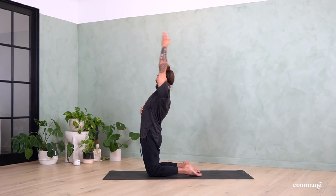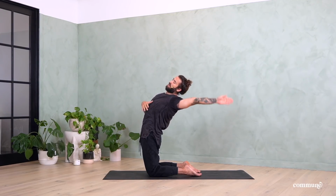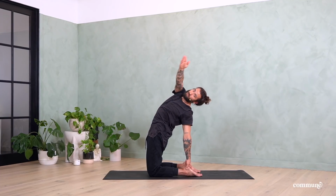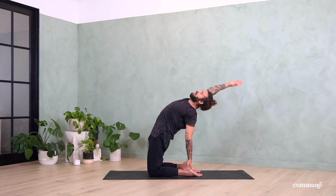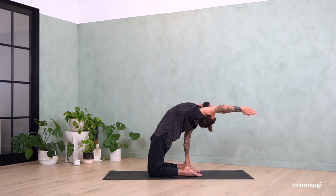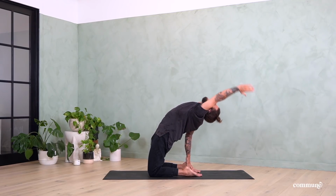Inhale, left arm reaches up and around. Find your left heel. Exhale, hold. Inhale, reach right arm up and around. Let it find a home. Exhale, hold. Inhale, left hand reaches back behind you. Exhale,